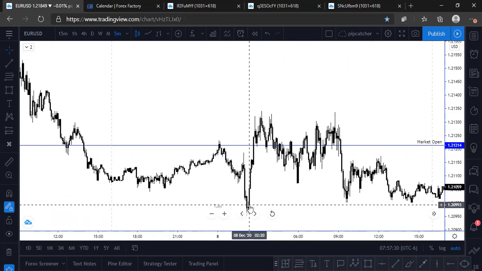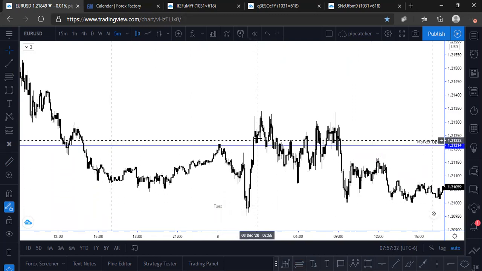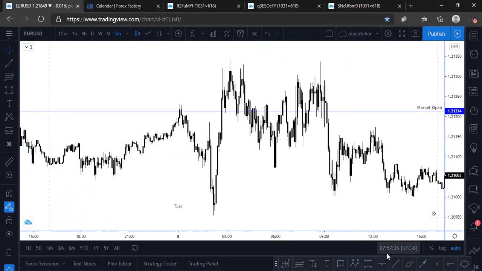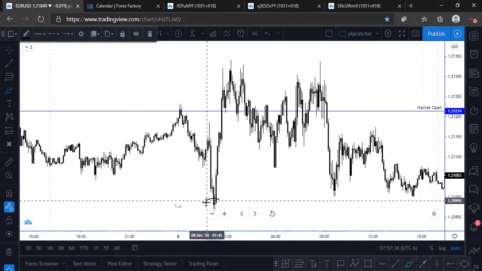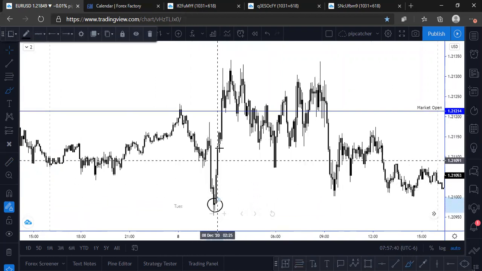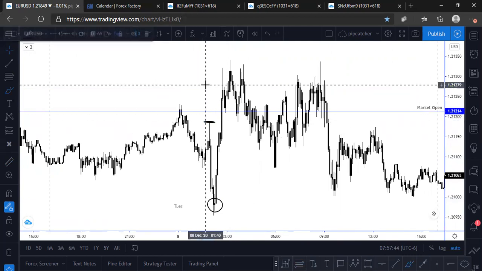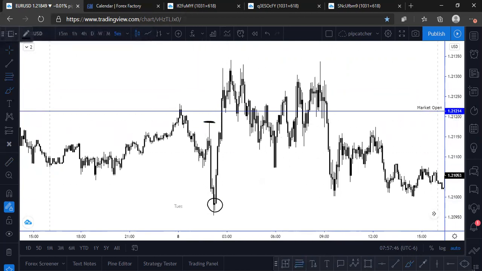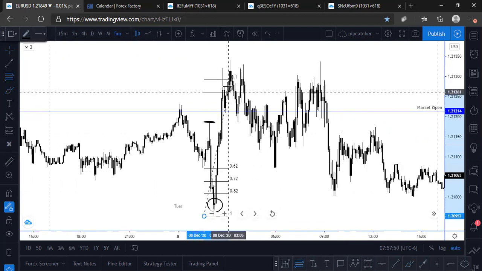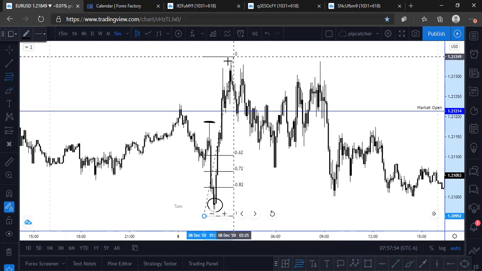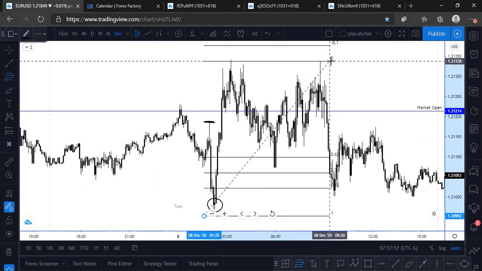Price had traded down and then aggressively got out of this area down here and traded back to the upside. So price didn't stay around very long in this area, and we broke this structure here. So what would I be looking for? From this swing low to the area where structure got broken, right up here,